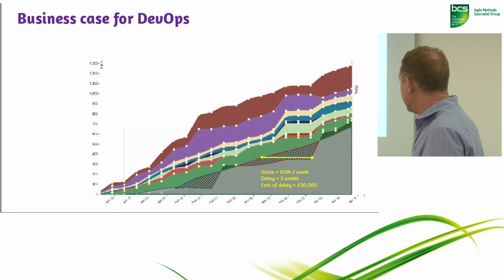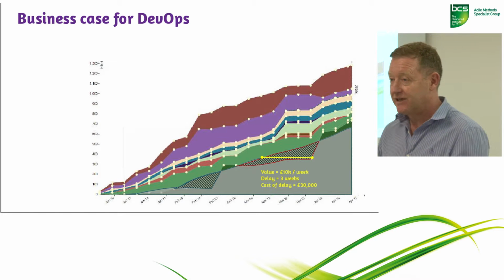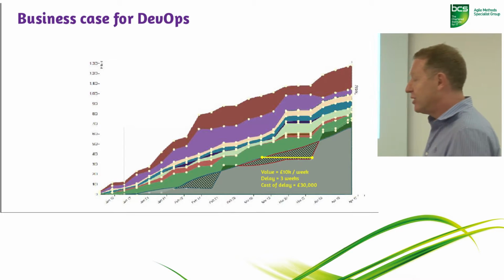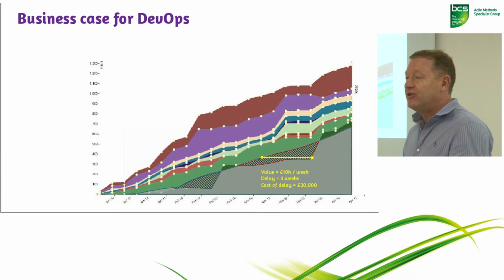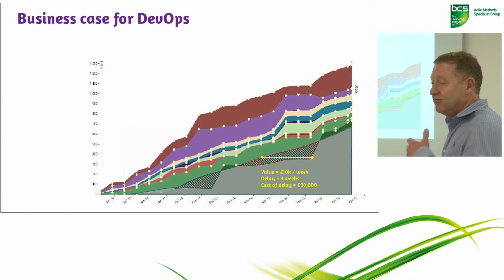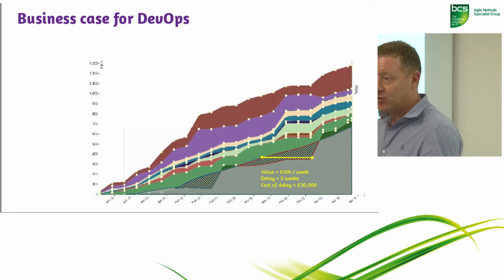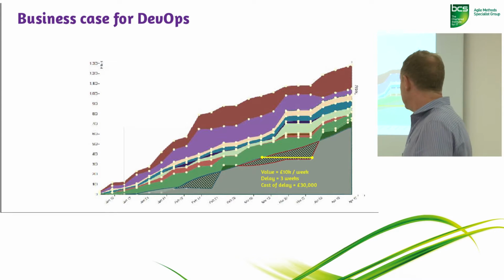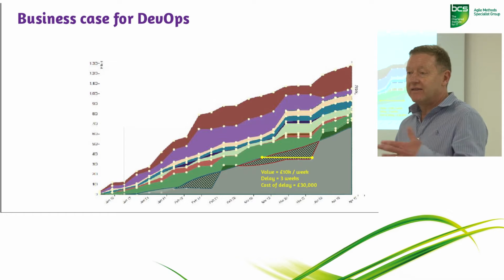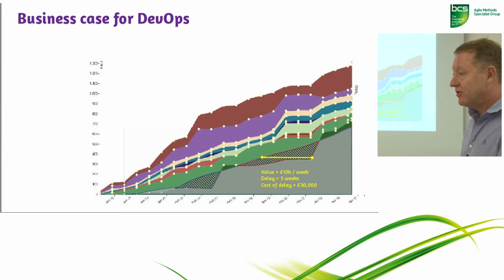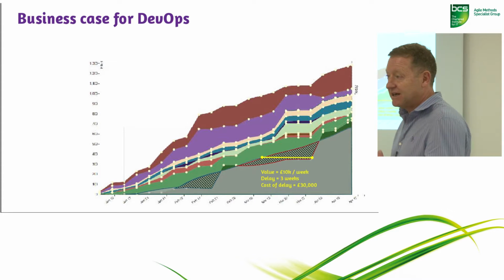We can then use this idea of cost of delay to begin to sort of put a number on that. So if we had a feature that, let's say, is going to yield us £10,000 a week in revenue, and our delay at that point is 3 weeks, we can begin to sort of calculate, what is it that our